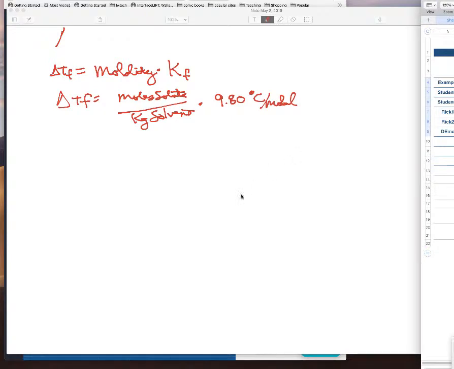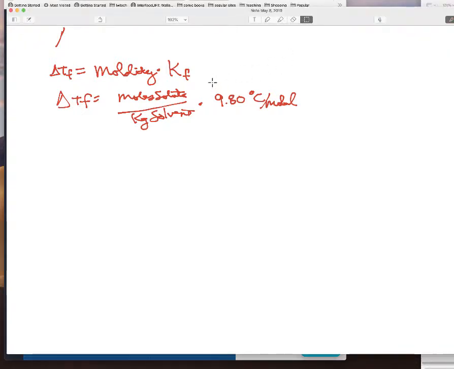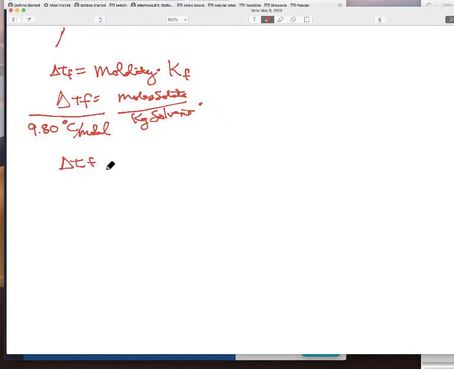This is kind of a fun part for me: we just rearrange this equation, put this over here and divide that by that, and so the change in the freezing point temperature, divided by 9.80 degrees Celsius per molality, sorry for my horrible handwriting, is going to equal